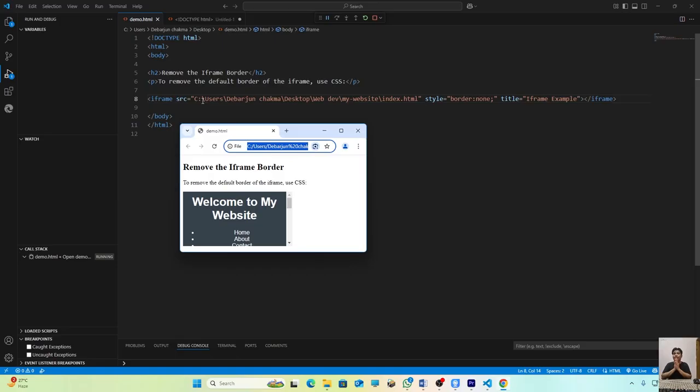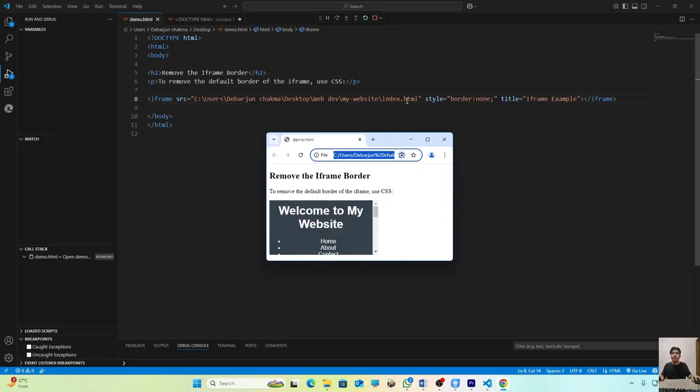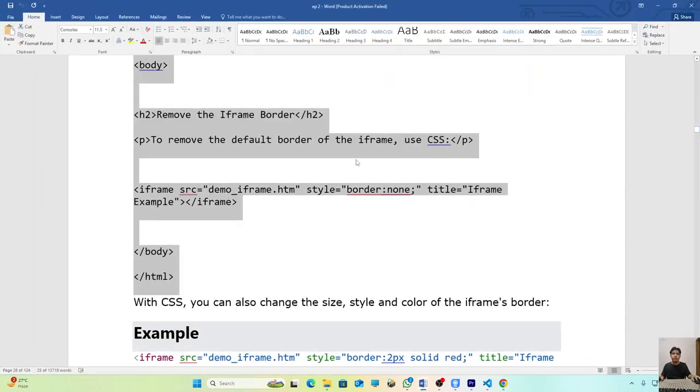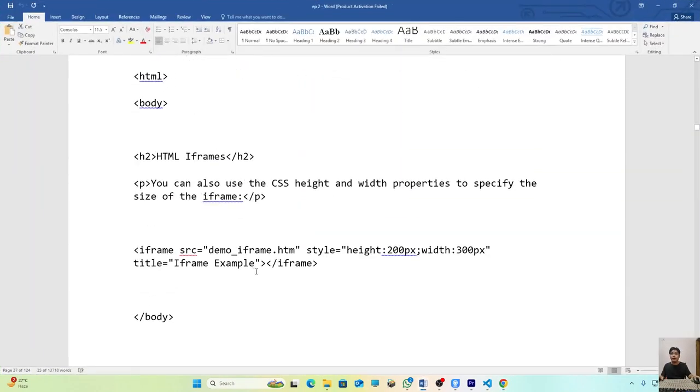So I'm using an HTML index website file I created. It's a demo video I created to explain to my students. So I'm just using the console. So this is a simple and basic HTML. So now, as you can see, there is no border, but if we go to the other